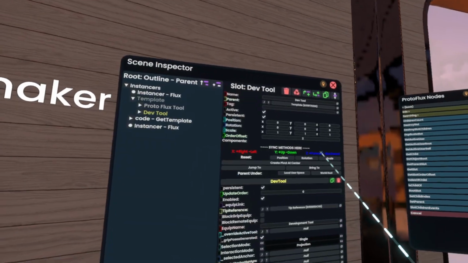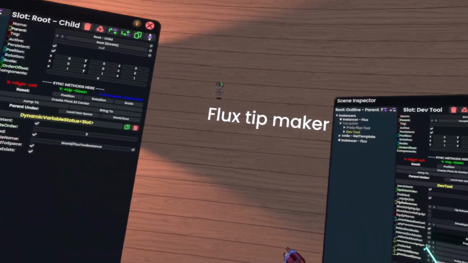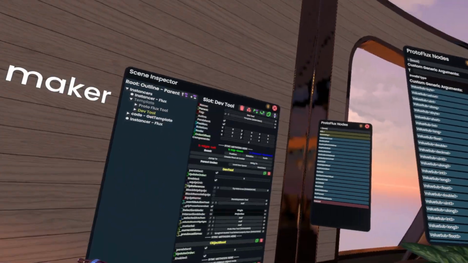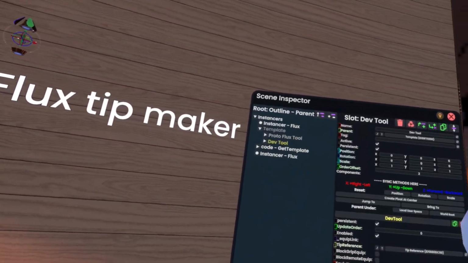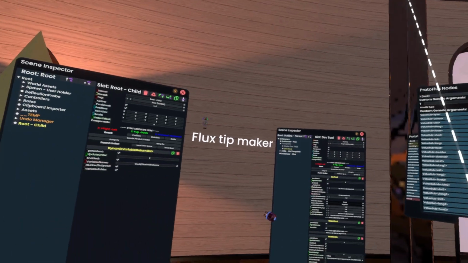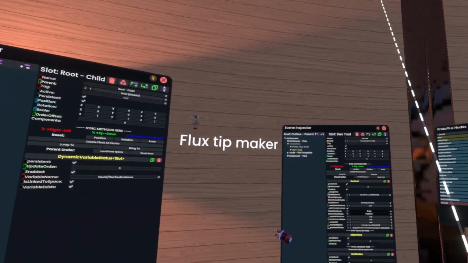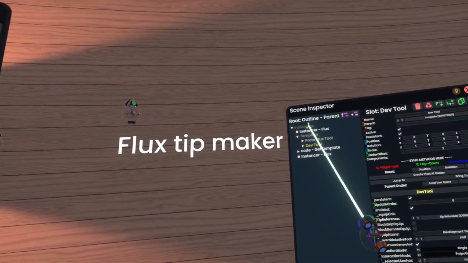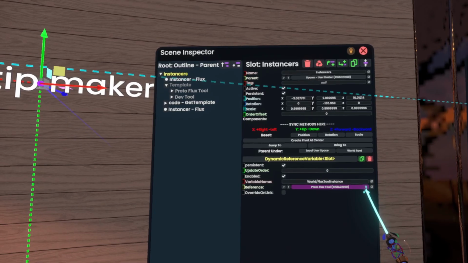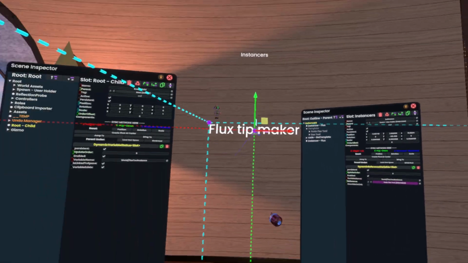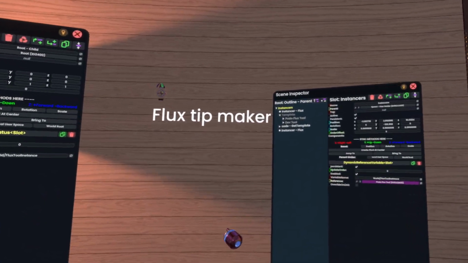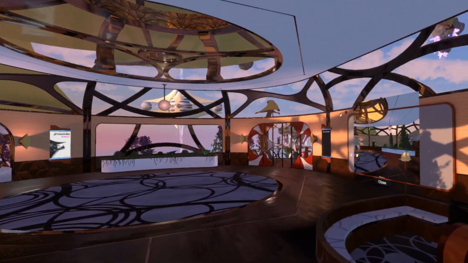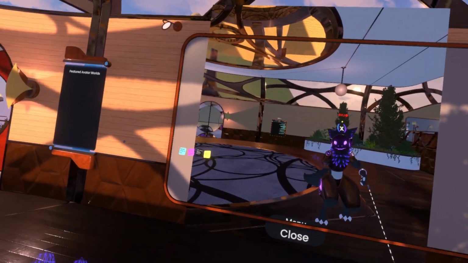Now, the great part is that this means that instead of having separate code that updates every single one of these templates, you just have to have one code piece that updates the templates and then the dynamic variable actually does the rest for you by just using world/flux tool instance. I hope that that was understandable enough. I know that dynamic variables can be a bit hard to understand at first, but yeah, I hope this helped,